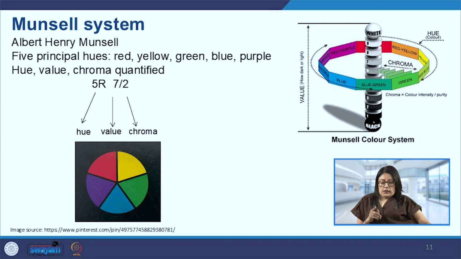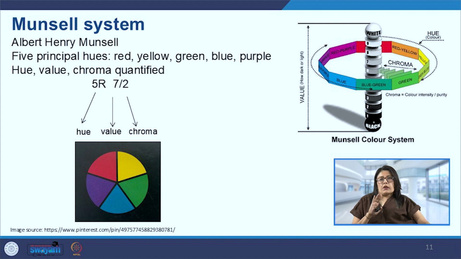And finally, the third is the chroma, which is the intensity or the saturation of the color. So we can see that the color gray is added to the hue. From it being such a vibrant, pure hue, now it has become a little bit ashy as we go closer to the vertical pole, the north-south pole that we have. Now, when we go up one step above the pure hue, and again radiate out from this circle, we will be at level 7 on the north side of the pole.